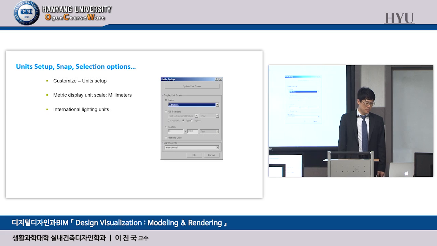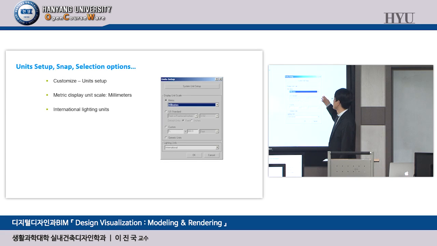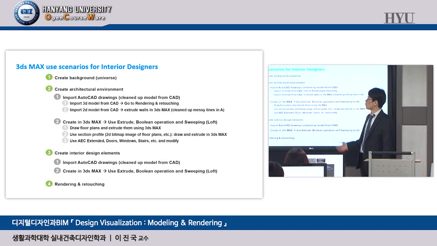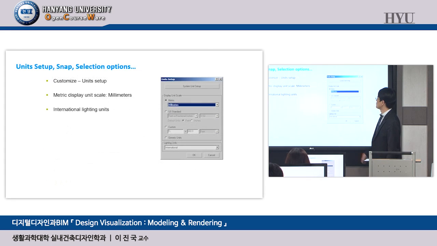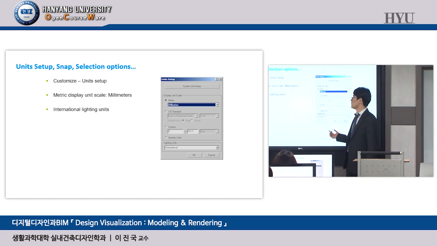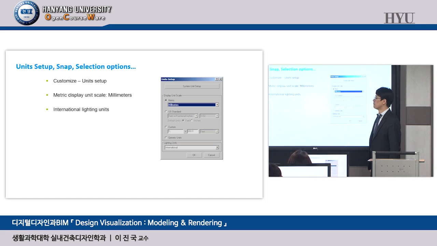Okay, so that's why we need to take a look at some 3D Max interface using this fundamental scenario, this fundamental approach. This one shows you the most important thing, units. Okay, if you create several-kilometer huge objects or too tiny objects, lighting or some other options are going to be really affected